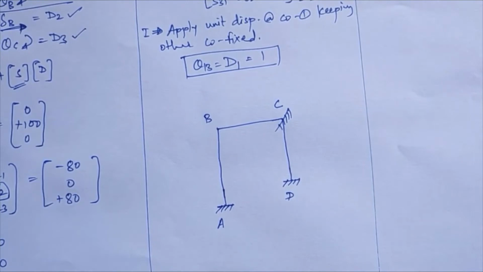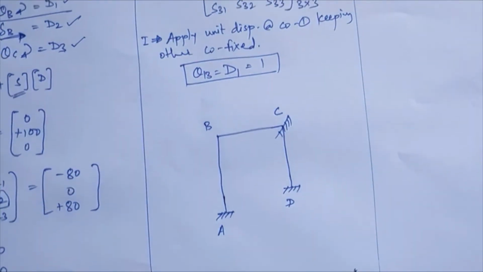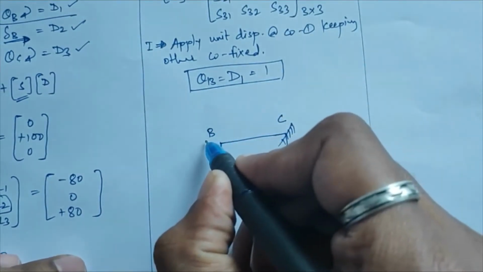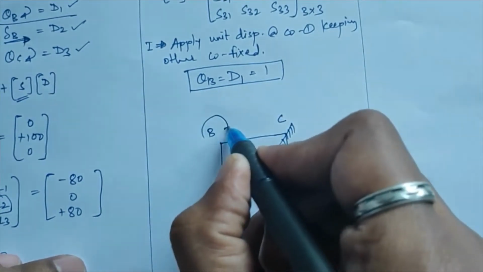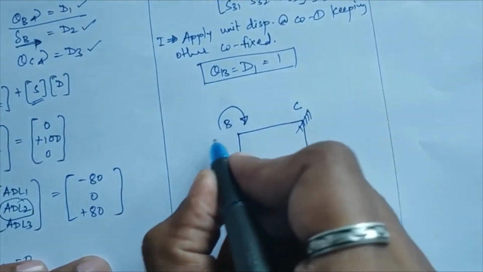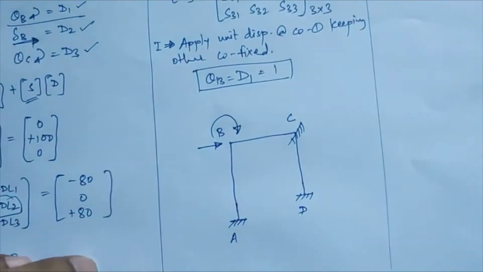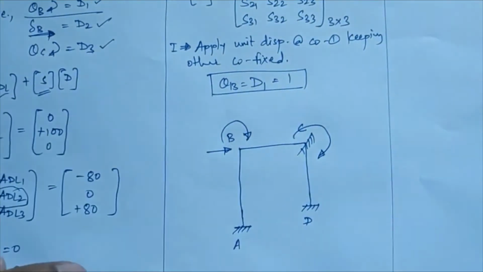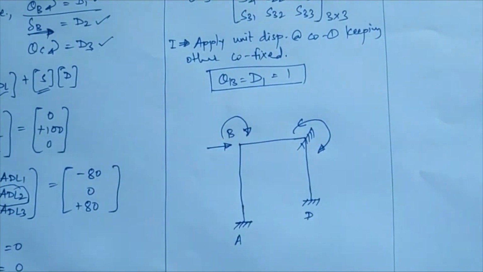Now I'll mark my stiffness coefficients over here. So the stiffness coefficients will be, for the first, rotation, second, that is the horizontal, and the third, that is again the rotation over there. So 2 is theta and 1 is for the delta.